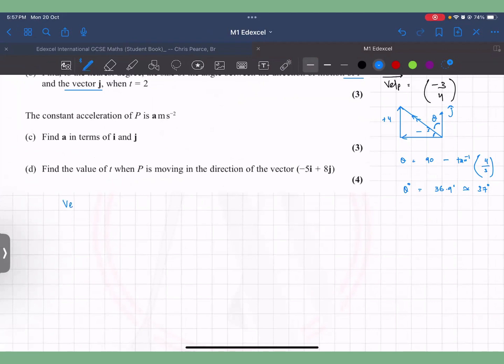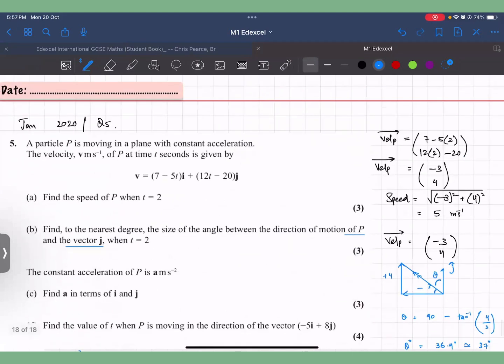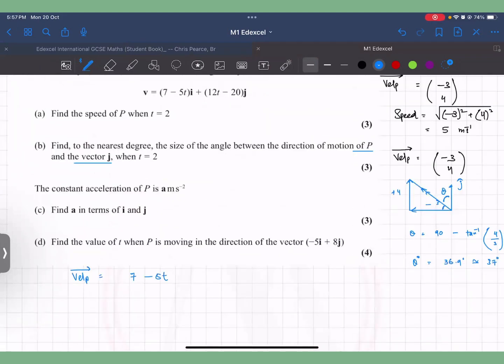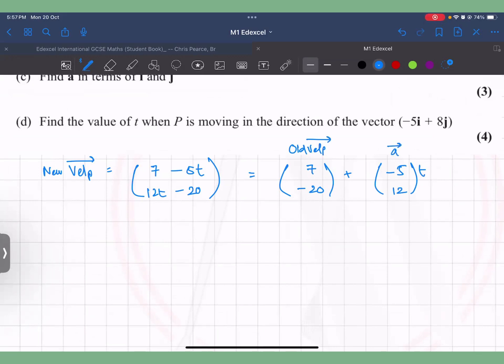The constant acceleration of P. Find A in terms of... Okay. Velocity vector was given to us: 7 minus 5t and 12t minus 20. If you separate it, this will be equal to 7 minus 20 plus minus 5 and 12t. So the new velocity vector is equal to old velocity vector plus acceleration vector times time. So this means the acceleration vector is